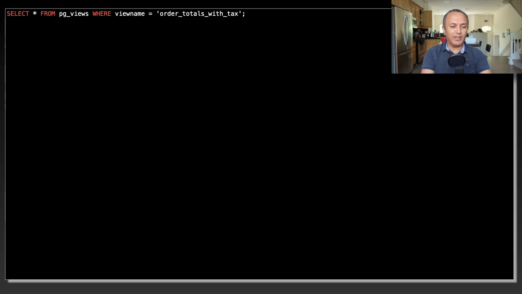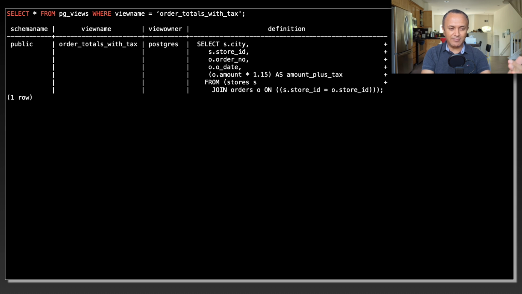Now I can use this view anywhere I want. Also, if you want to look at what the view definition is, Postgres provides some catalog structures and views where you can query. So we can say, select star from pg_views. This is a system view that has all the views that were defined before. So if we select where the view name equals the one that we've just created, you will see that it has the view name, the owner, the schema, as well as the definition,